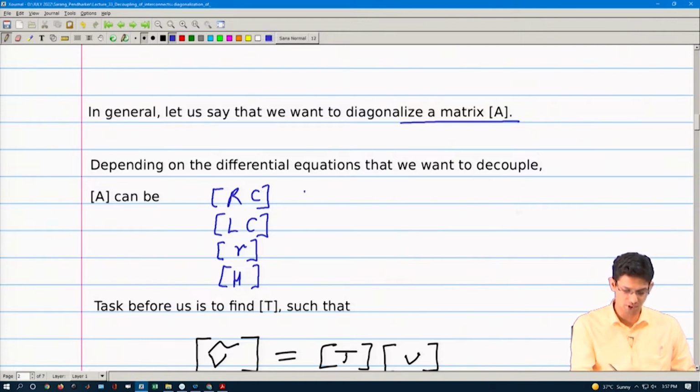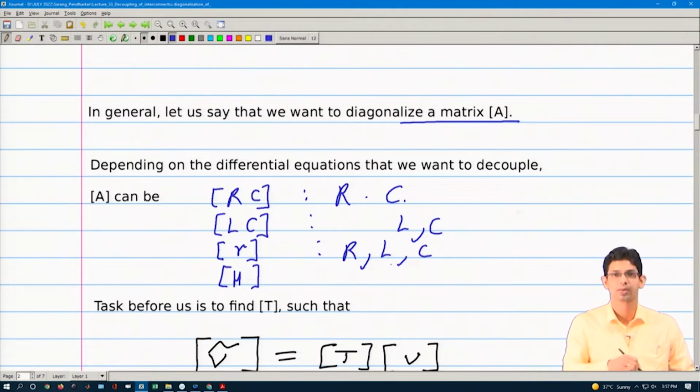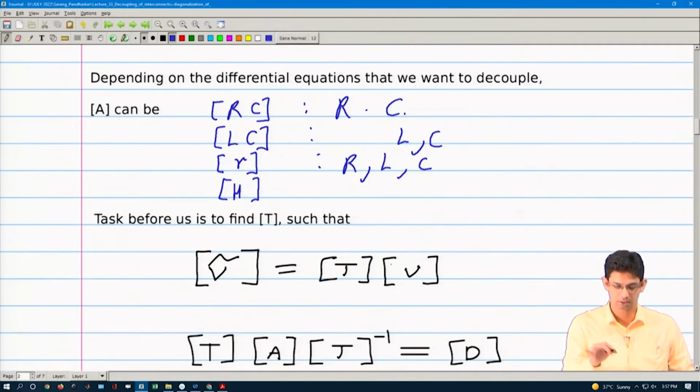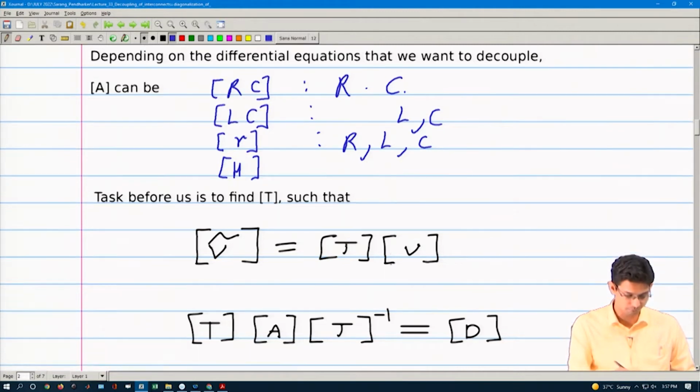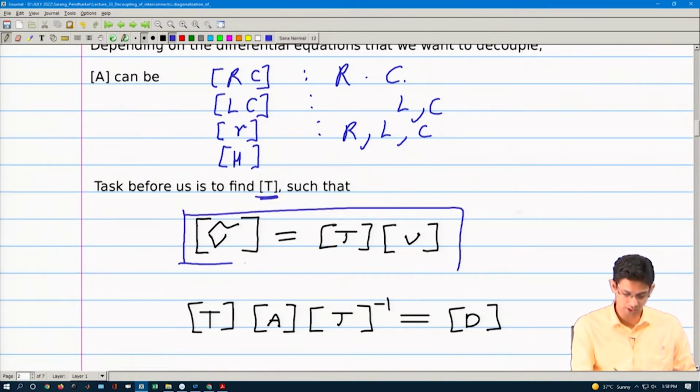So, depending on the scenario, this would be R resistive and capacitive only. These two will be R, L and C. So, in this case there is only, say, LC, in this case there is R, L and C, right. So, let us make this a general problem. The task before us is the following: we have to find T such that we get V tilde,